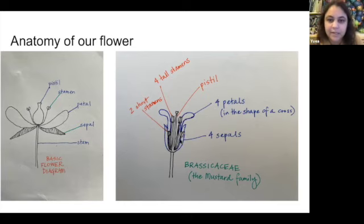I don't know if that makes sense. And then we have our petals. Sometimes, as you've seen in some pictures, they're a little bit more floppy than this and they come out further, but they kind of also pop up before they go out. And then we have